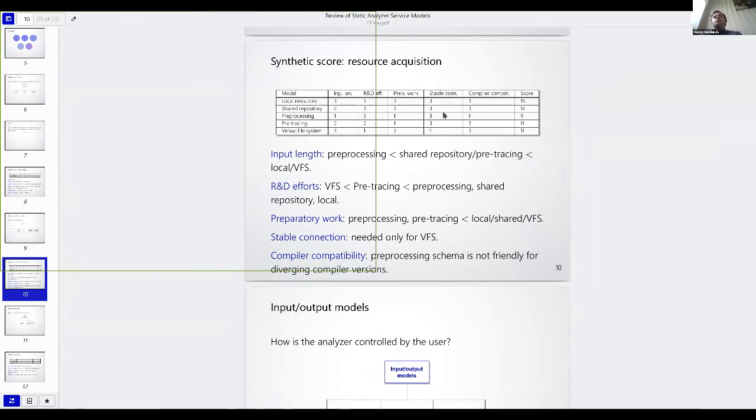The input length is definitely smaller on the local model and the virtual file system model, and we will take care of aggressive caching when using these models. As for shared repository and pre-tracing, we'll just take the whole repository. In most cases, this input length is smaller than it is for preprocessing. As for R&D efforts, virtual file system takes most of them. You'll have to hire some engineer to